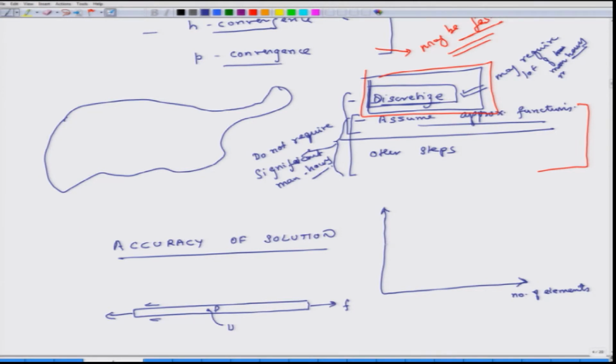So the exact solution is this u, and this is u at point P. In this case we are not computing u at different points, but we are interested in finding the value of u at point P. The exact solution does not depend on the number of elements, so it is a constant line. Here we are plotting u at point P and u_h at point P. And then what we will find is that when I compute u_h,